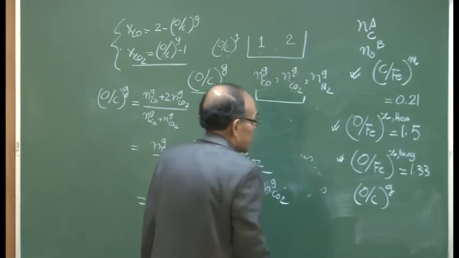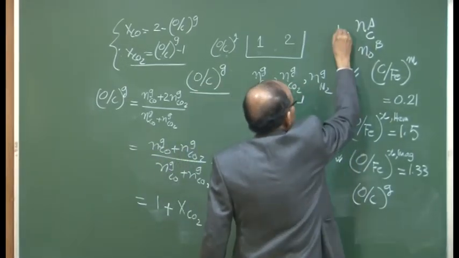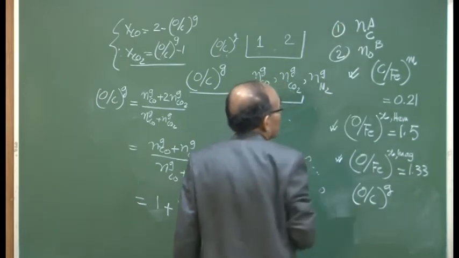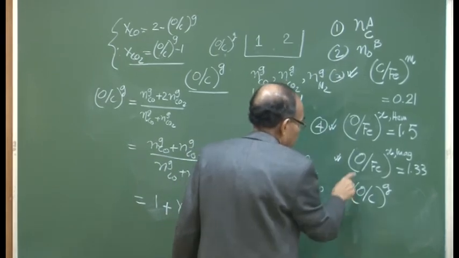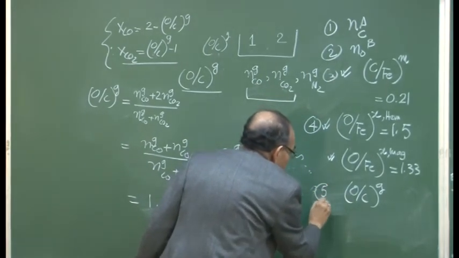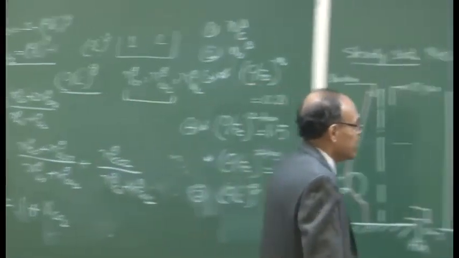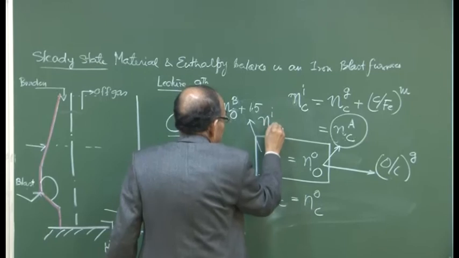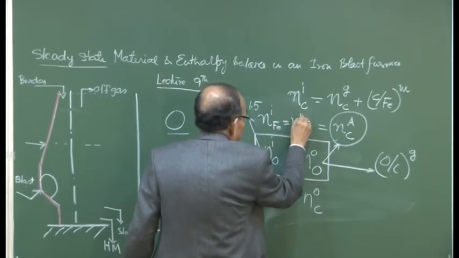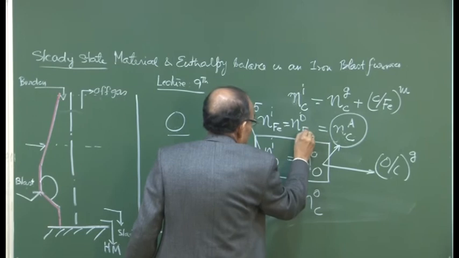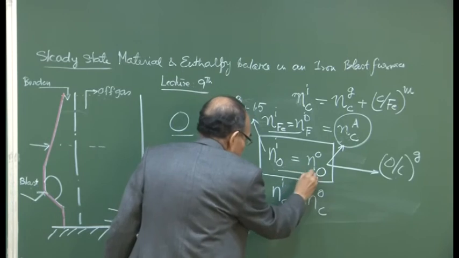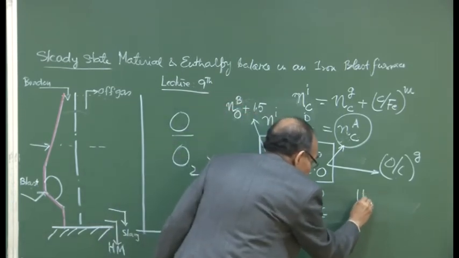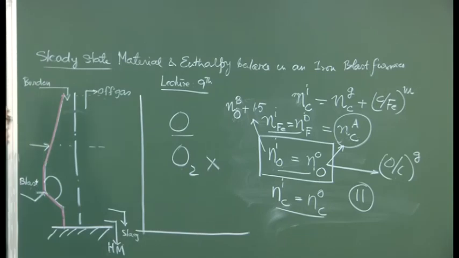So if you look at it, we have 1 here, 2 here, 3 here, 4 here, 5 here. These are the 5 variables. And what are the equations I have written here? We have Ni Fe is equal to No Fe. So 5 here and 2 here 7, 2 here 9, 2 here 11. So we have introduced 11 notations, or 11 variables, and of which, as you can see here,